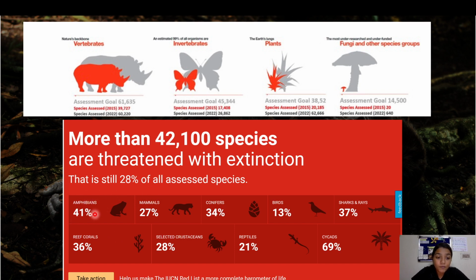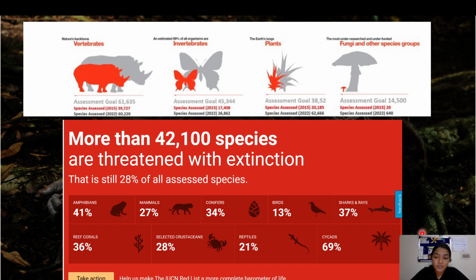So if you look, they have given percentage of amphibians which are threatened, 41%, 27% mammals are threatened, conifers are 34% threatened, birds are 13% threatened, sharks and rays are 37%, cycads are 69% threatened, right? Reef corals are 36% threatened. So all of these various categories they have shown, where they are showing that there are so many species that are threatened, and we need to be more responsible and need to think about the conservation of these species to